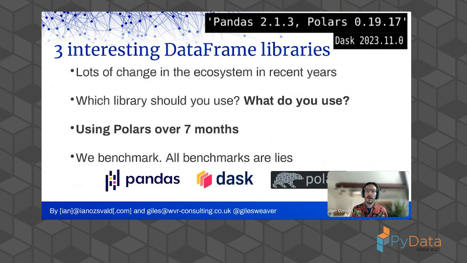So what are we talking about here? Here we're going to contrast 3 data frame libraries, Pandas, Dask and Polars, one of several talks that you've probably seen here at Global this year already. There's been a lot of change in the ecosystem in the last bunch of years. We used to just have Pandas, and then to do Pandas on bigger than RAM situations, we turned to Dask. There've been a couple of other data frame libraries, and now Polars is a couple of years into the scene and is growing well. So which should you use?